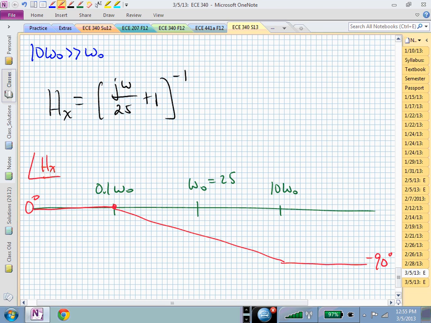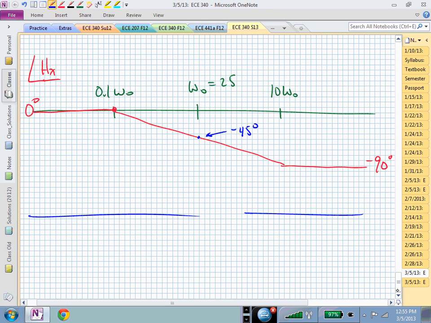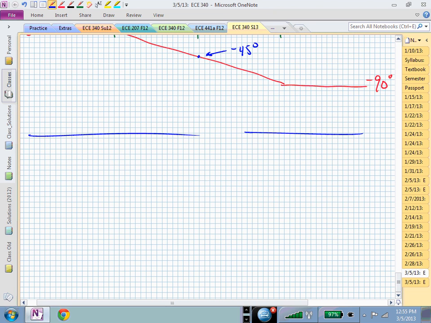And it so happens that that straight line will pass through minus 45 degrees for every linear factor when we hit the break frequency. And that's coming to us if we simply went through and did this same kind of analysis with that linear factor